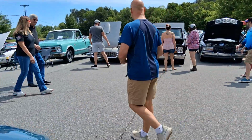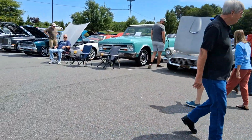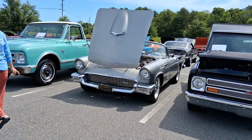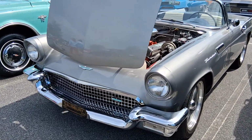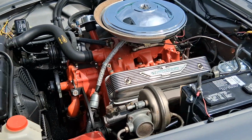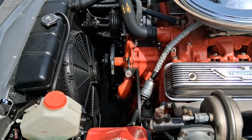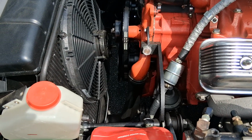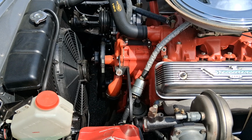Oh, we got us a T-Bird. Got us a T-Bird over here. It's a 57 T-Bird. I don't know if that's an original color, but it looks nice. I'm not into the gray too much, but it looks pretty nice on this particular model. I guess he has the mechanical fuel pump too. But it's not a